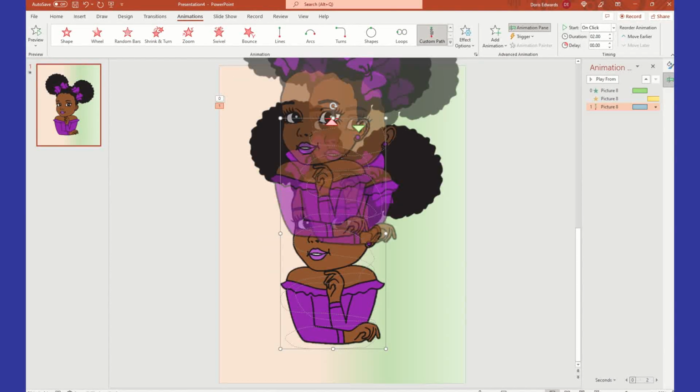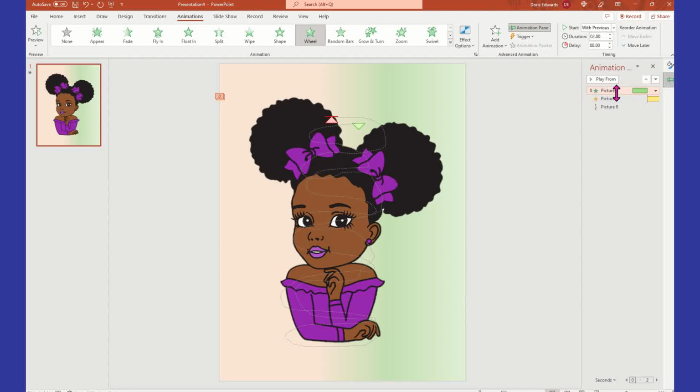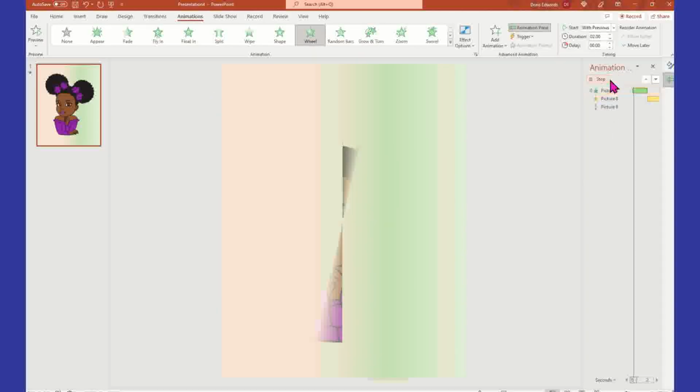Okay. Go back to your animation pane and say when you want the motion path to start. I want it to start after the emphasis. Now, if I go back and click on the very first one and click play from,